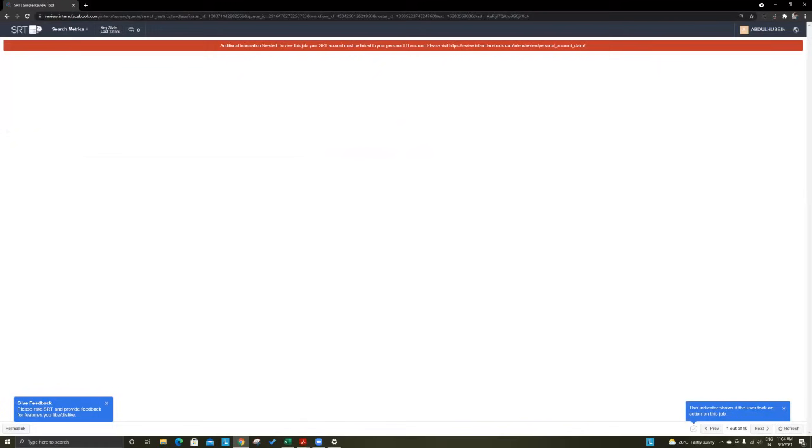When you first open the SRT, you will get this particular error. It says that you should link your Facebook account to this SRT. What you need to do is copy this URL at the top, right click and go to that particular URL.